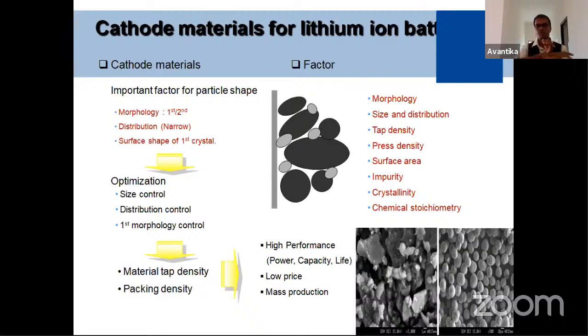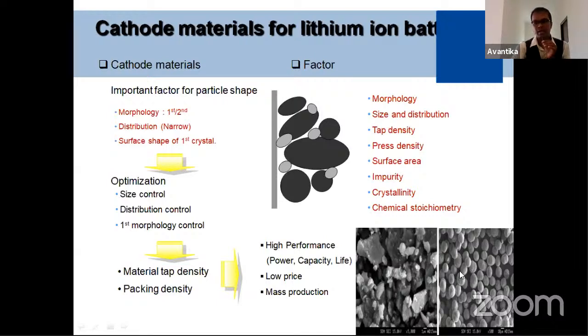In cathode materials, we have to optimize the morphology. The morphology term is very important. Why? Because optimization of the morphology means the surface morphology of the material. In which form? It should be in monodispersed particles.